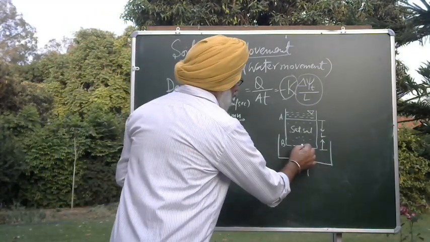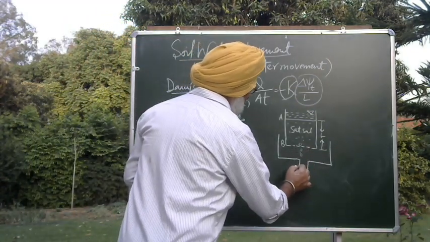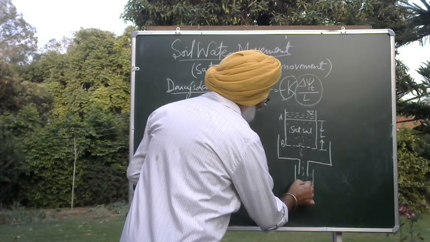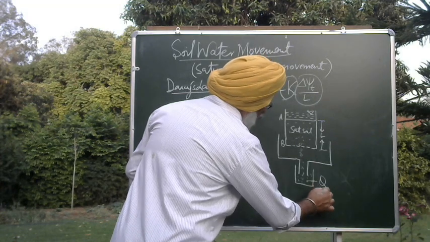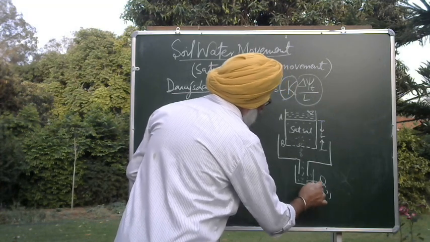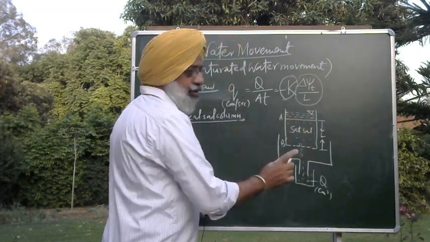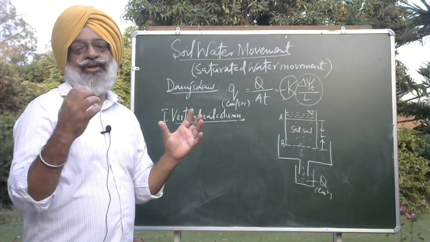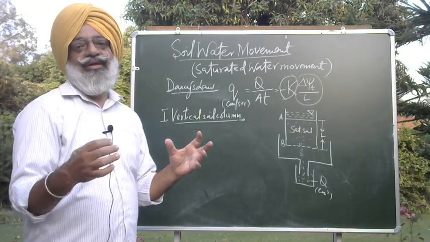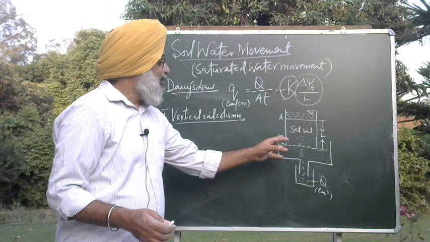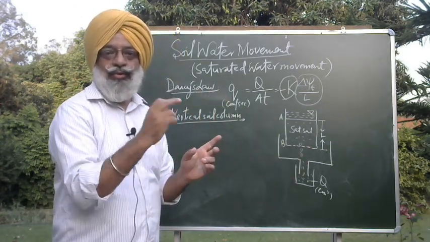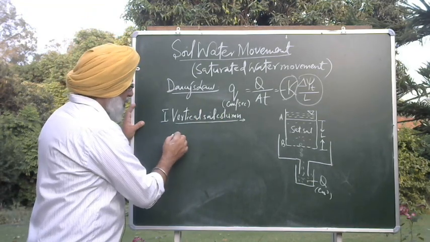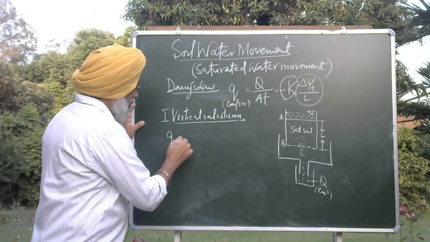So whatever water moves out of B is collected over here to record the volume of water. So here it will be the volume of water in cubic centimeters. So the cross section area of the soil column, because we have assumed in our earlier lecture that when you go for macroscopic description or definition of the soil water movement, then we have to take the soil as a whole cross section area. So here, applying this Darcy's law, this Q is equal to